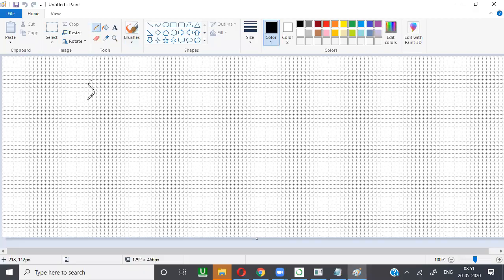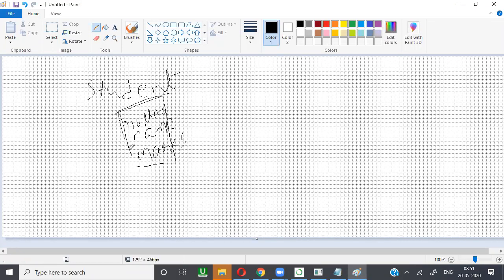I designed some student object. It contains roll number, name and marks. So this is the main class object.